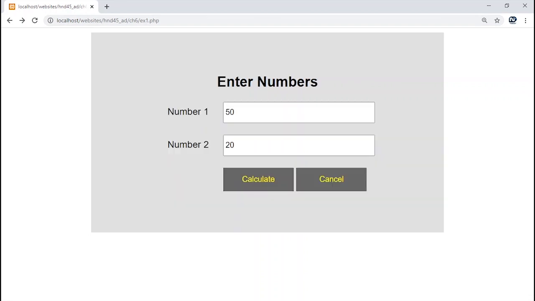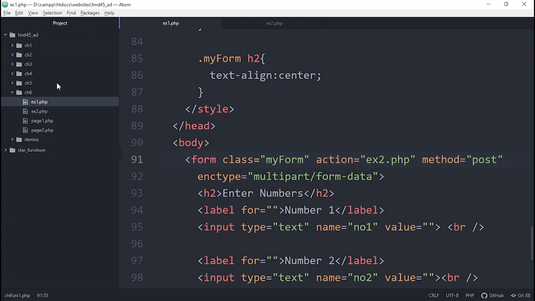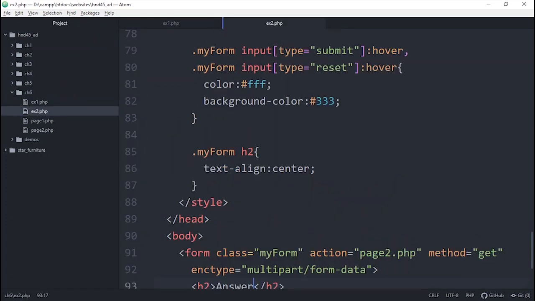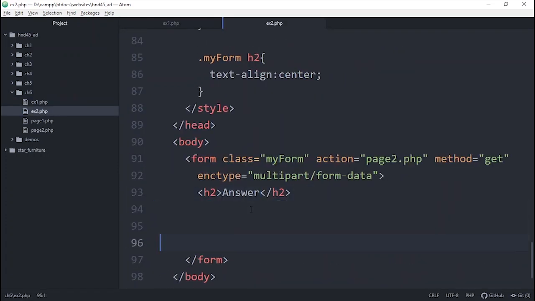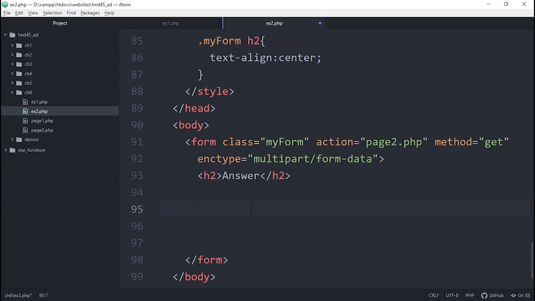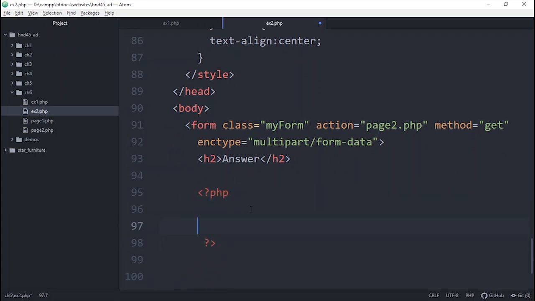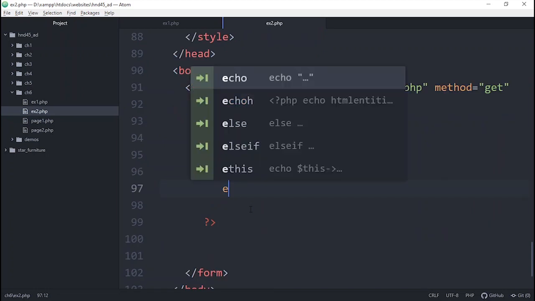Things are going to be easier, so we will go to the coding. Exercise 2. Inside the form itself, you can show the answer anywhere you like, because the form is already given some formatting. I like to do it inside there. So first of all, make sure you do this command.